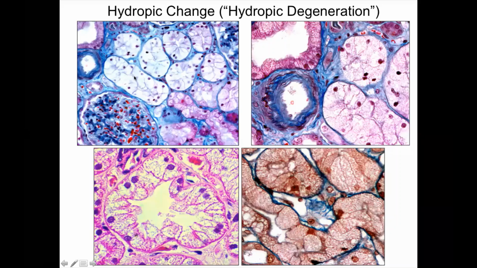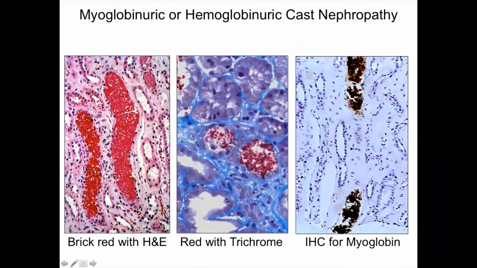These hydropic changes, again, are one of the features that can happen with ATN. One of the things that can cause ATN, or ATI, is injury to the epithelial cells